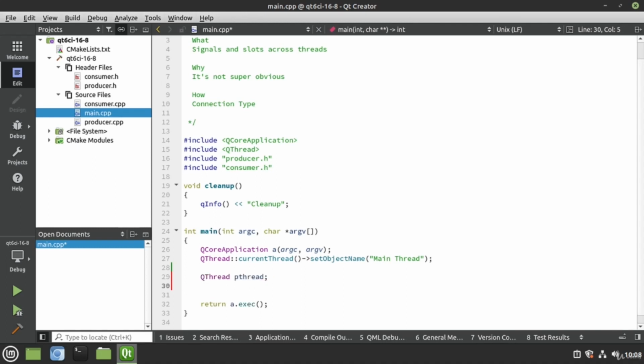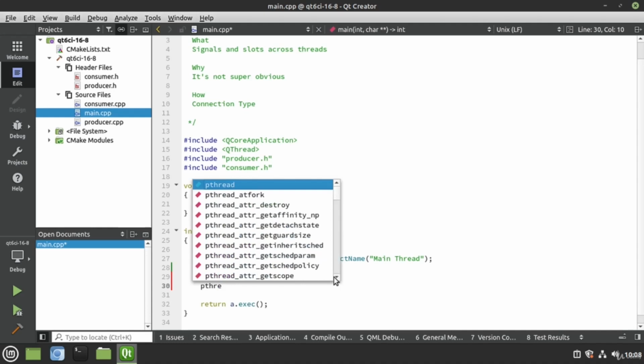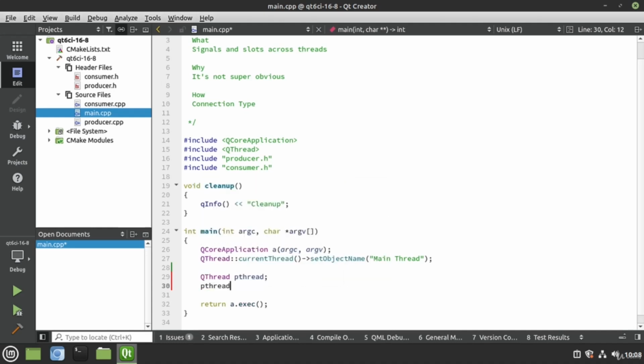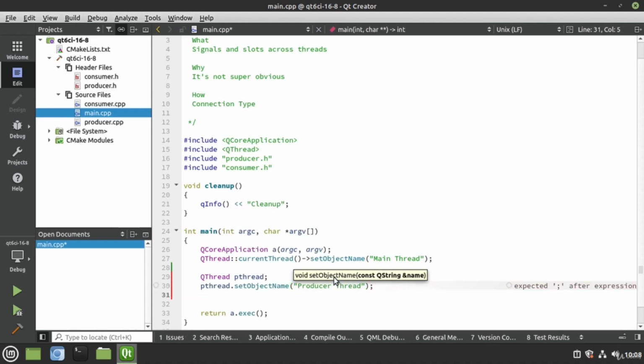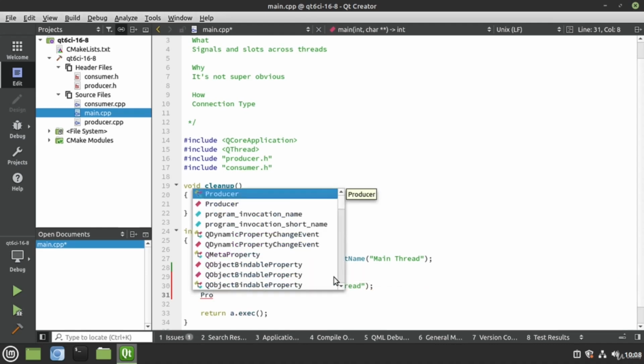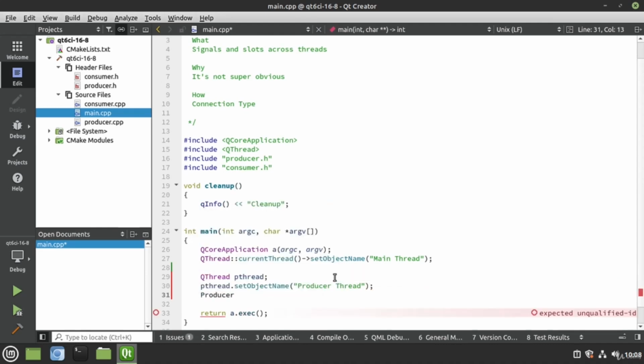So we're going to make our producer thread. We're going to say pthread. We're going to set the object name. I'm going to set that to producer thread. Now I need to go ahead and make an instance of our producer. So I'm going to say producer pointer